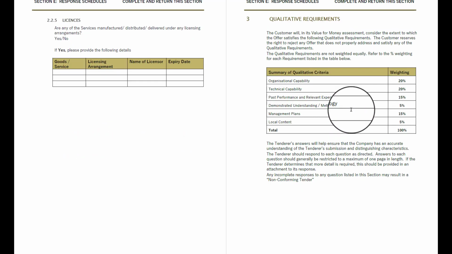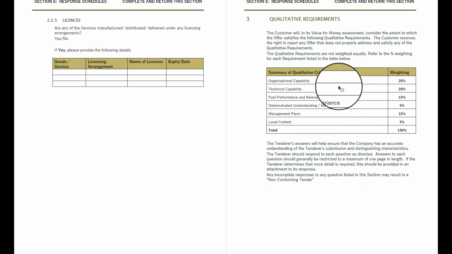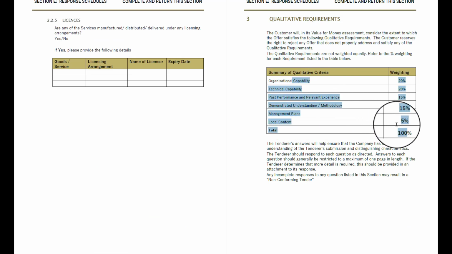Just fill these out. And then the qualitative criteria, if you have a look at this response schedule, they've told you what the qualitative criteria are, and in this case, they've also kindly told you how they've weighted them in terms of importance. So local content is only worth 5%, so it should have 5% of your attention. Organisational capability and technical capability, they're telling you they are more important to them in terms of how they're going to weight your response. And so they will point score